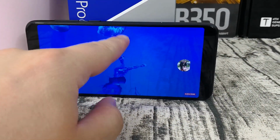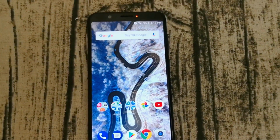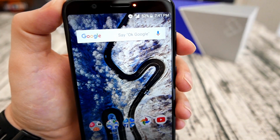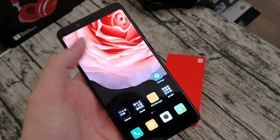And the Redmi Note 5 really can't do that. Yes, it's a 1000 mAh more battery. The charging time, however, is not really awesome because you have to wait around 3 full hours to fully charge the Zenfone Max Pro. Moving on to the Redmi Note 5, which also has a really good battery life, but